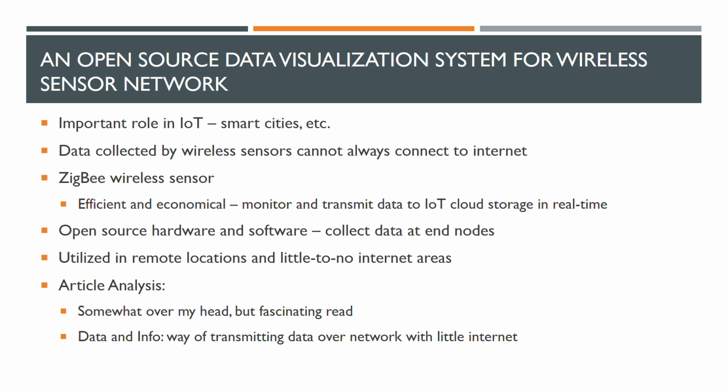However, the data collected by these wireless sensors at end nodes can't always be directly connected to the internet, so it can't always provide web-based service to the users. So this article proposes using a Zigbee wireless sensor as the most efficient and economical way of monitoring or transmitting data to the internet, Internet of Things cloud storage in real time. So they present the efficient and low-cost wireless sensor network, which uses open source hardware and software to collect the data at end nodes from the wireless sensor network, and then they further visualize the data without a network gateway